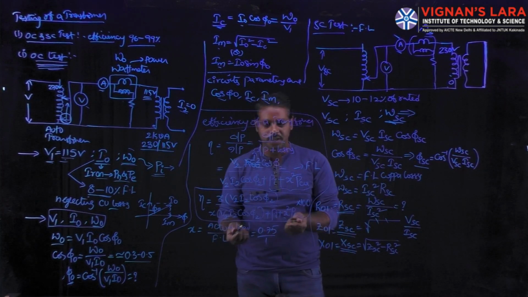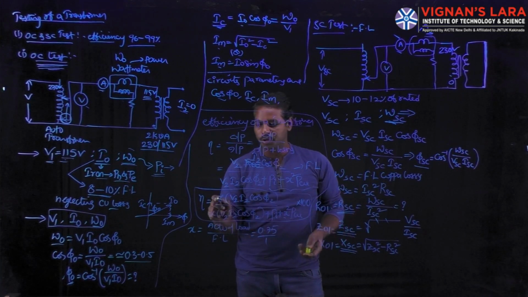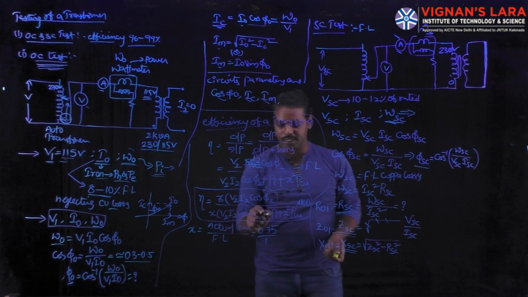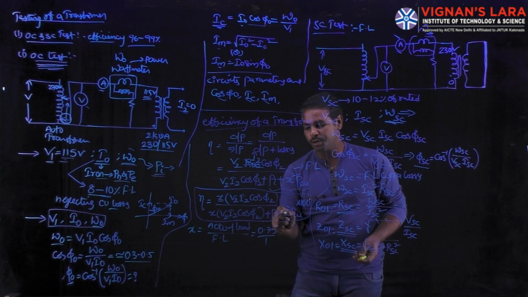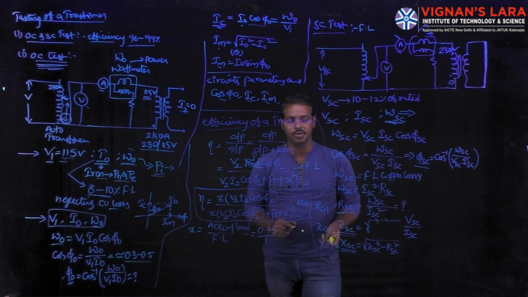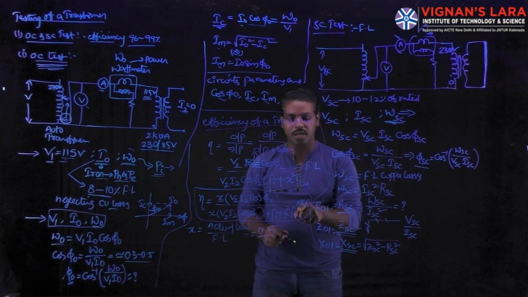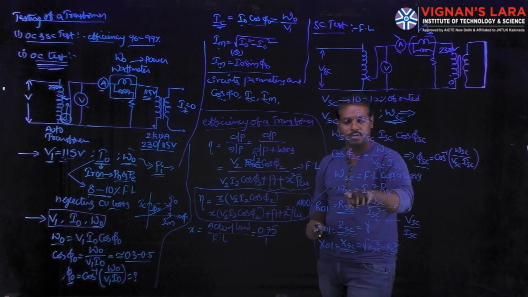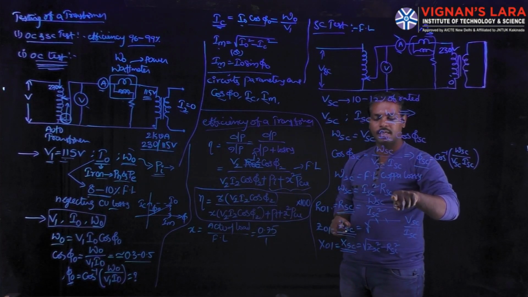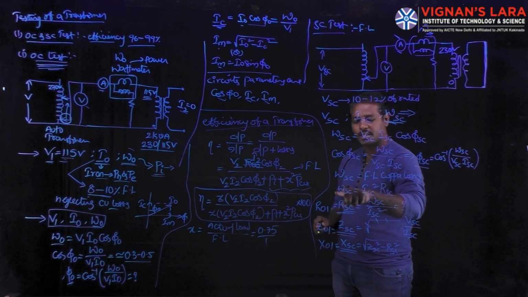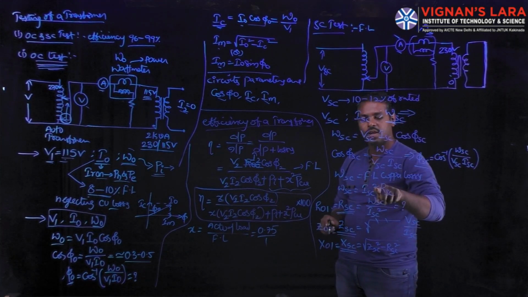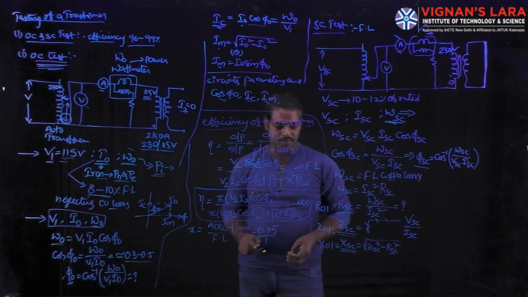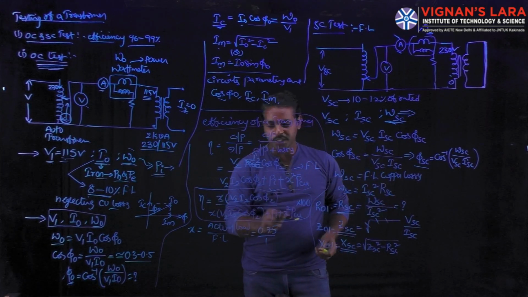Otherwise, if 50% of load is operated on the transformer, it is 0.5 into V2 I2 cos phi 2 divided by 0.5 into V2 I2 cos phi 2 plus Pi plus x squared, 0.5 whole squared into PCU, because copper loss always depends on load. Why do we get x squared? Because copper loss is equal to ISC squared into RSC. Whatever loss exists in a transformer depends on the square of the current, so that fraction is also multiplied with x squared. This is the efficiency of a transformer.